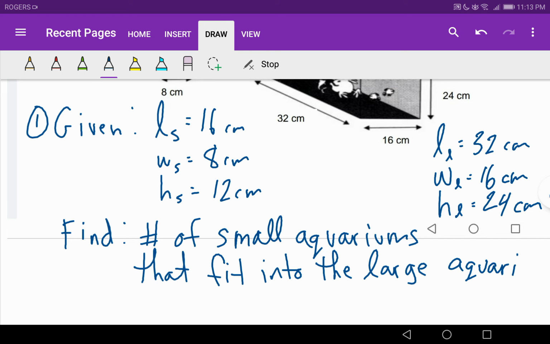Well, from the previous question, it's exactly the same. How are we going to find that? Again, when you want to find out how many times a smaller number goes into a larger one, it's going to be division. Once again, I'll use the example that if I asked you what 10 divided by 5 was, what I'm saying there is, how many times does 5 go into 10? Well, what I'm saying in this question is, how many small aquariums will fit into the large aquarium? Therefore,